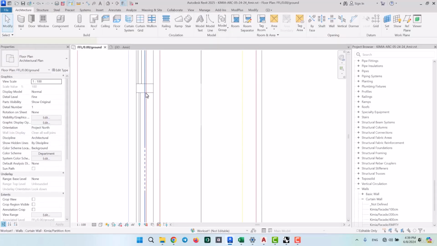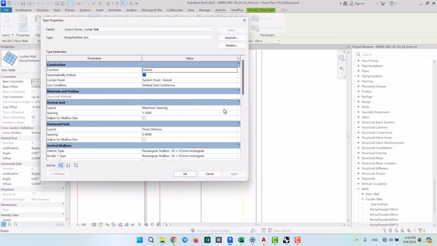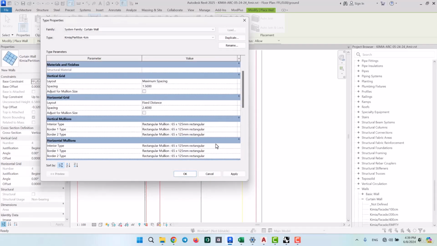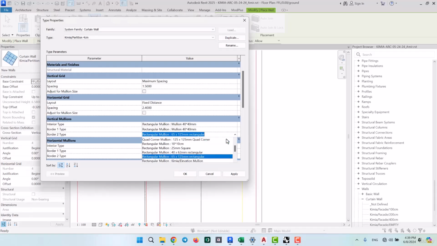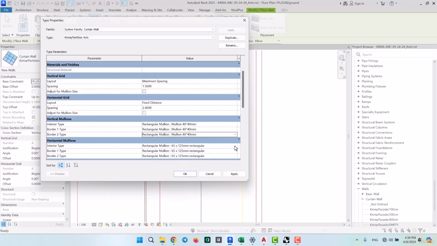Alright, so now I'm going to go over here to edit the curtain wall, and I'm going to assign the glazed 1 centimeter to the curtain panel. And as for the mullions, I'm going to assign that same mullion type that we just made earlier. That was mullion 40 by 40. I'm going to assign that same type both to the vertical and to the horizontal,